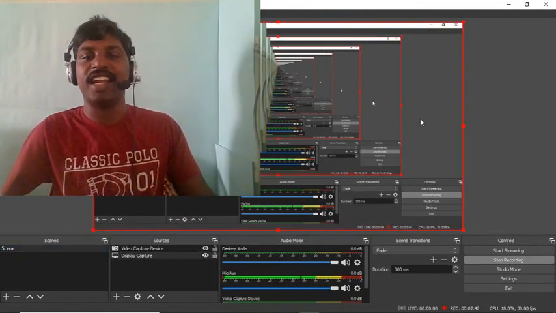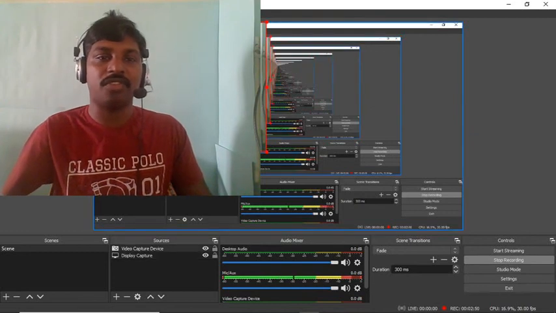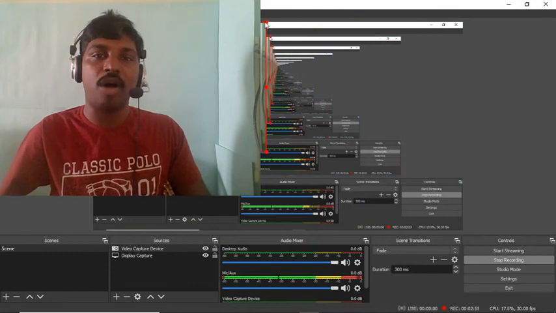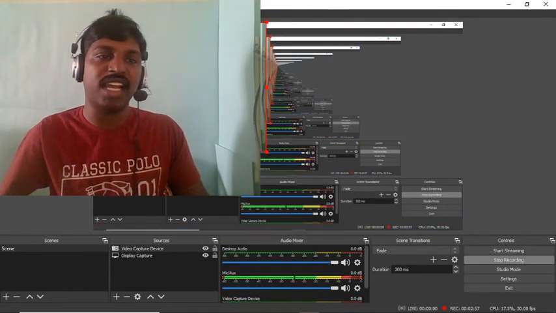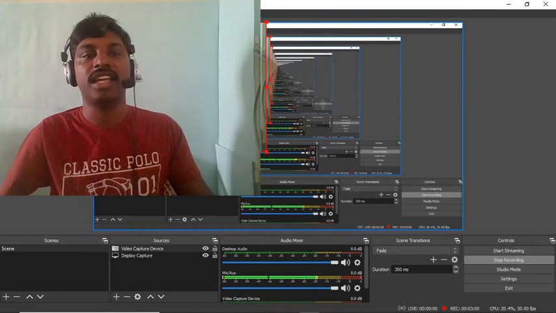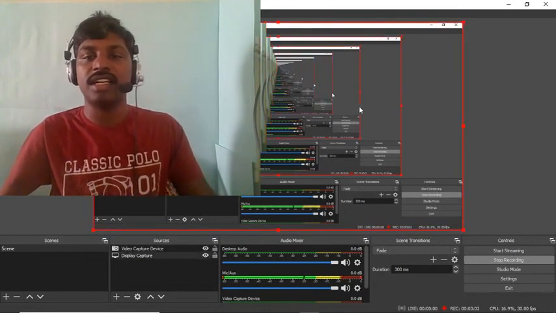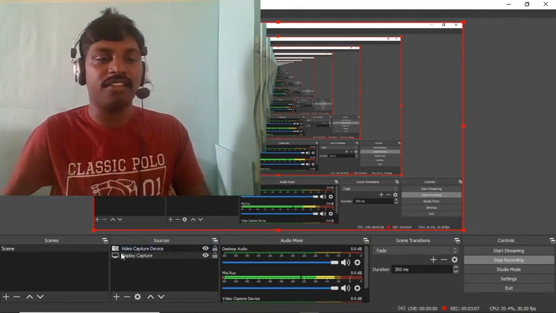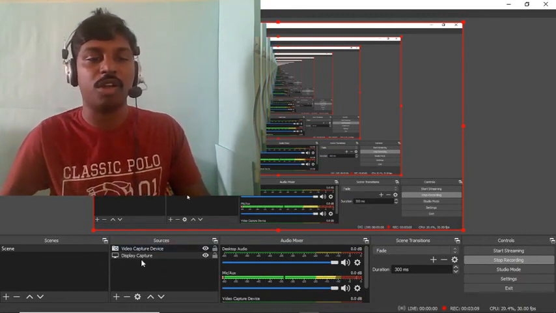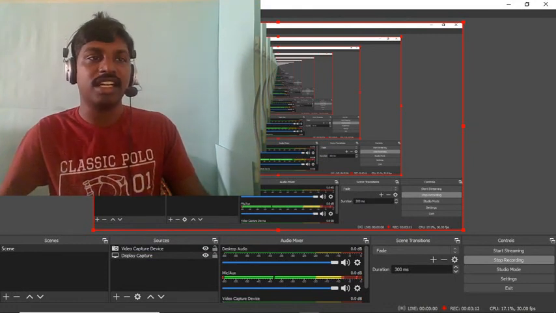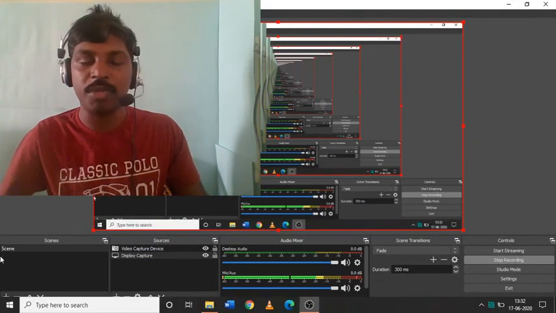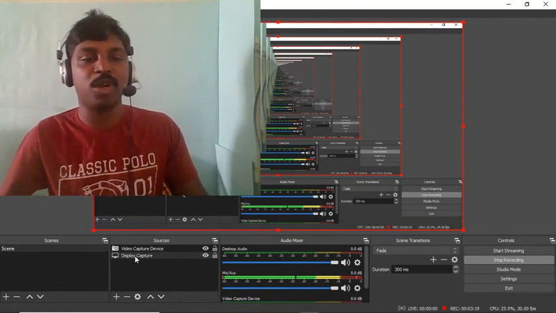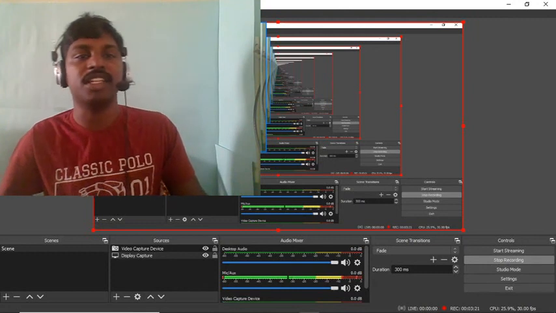Look at that. When I touch outside the box of the webcam display, you could see there is a red box around it. It is being highlighted, meaning that it is under selection. So when I click outside it, the display is being selected over here, right? You could see here very well that two different sources are being used. One is the display capture, that is I am trying to talk to you through OBS, and that is how the recording is happening. And second, I am trying to demonstrate to you how the video capture device works, right?